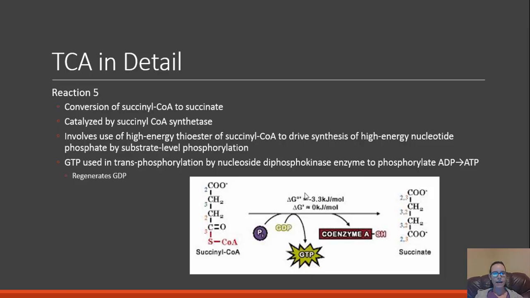In reaction 5, we have the conversion of succinyl-CoA from the previous step to succinate, catalyzed by succinyl-CoA synthetase. And this involves the use of the high-energy thioester from succinyl-CoA to drive the synthesis of a high-energy nucleotide phosphate, GTP, through substrate-level phosphorylation. So it's able to add the phosphate onto GTP through substrate-level phosphorylation. And then GTP then undergoes conversion to